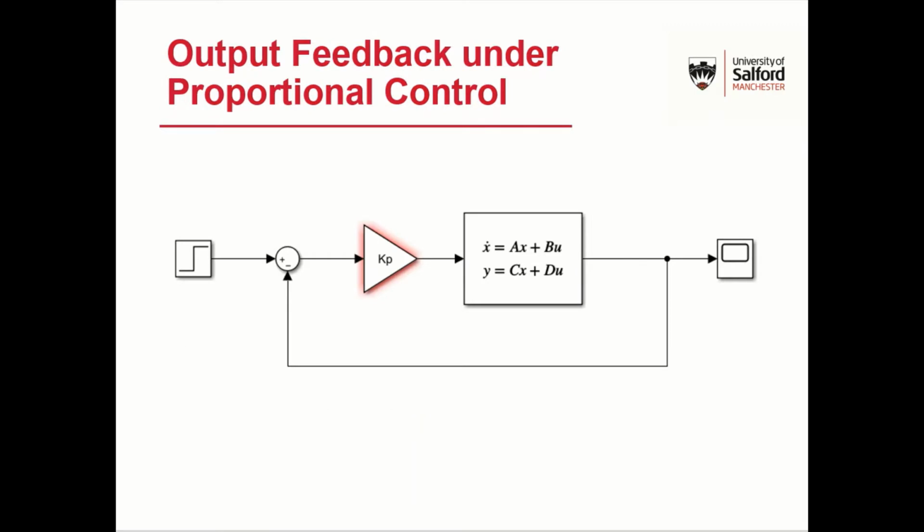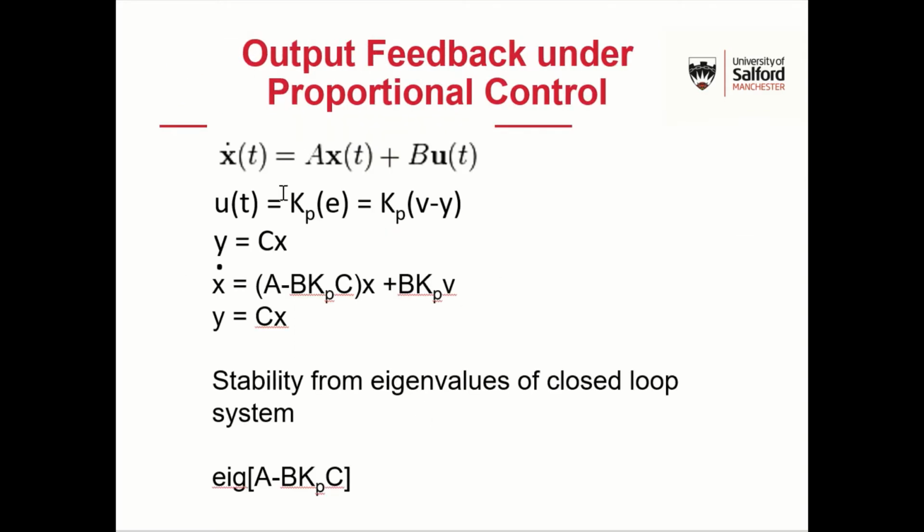So the first one we're going to look at is the simplest one, which is output feedback under proportional control. So here's our state space representation. Here's a simple proportional controller. Here's a feedback control system. And if we look at the state space equations now, we've got x dot equals Ax plus Bu, y equals Cx, and u now is Kp e, but e is v minus y, because y equals Cx. So we can get out that it's Kp v minus